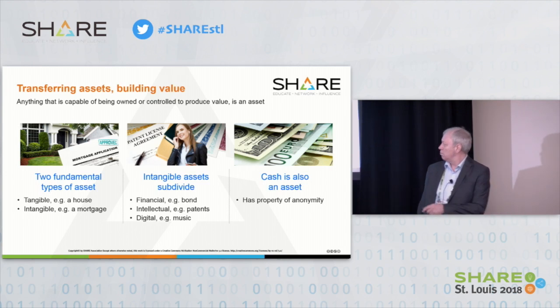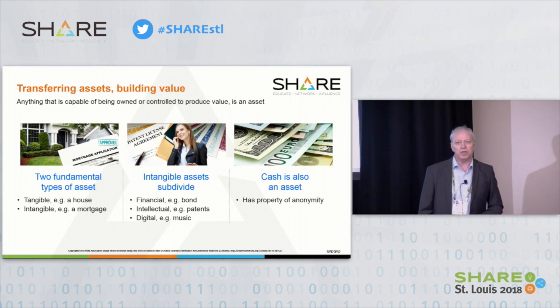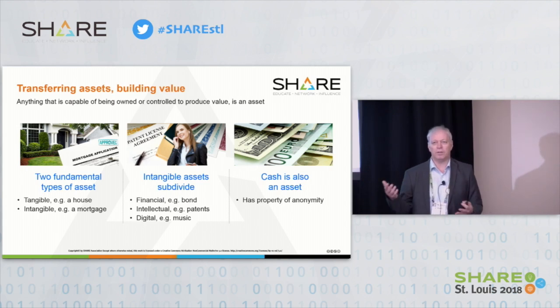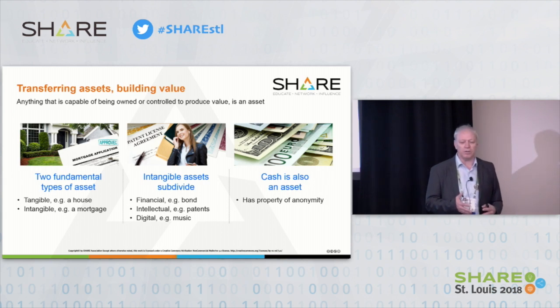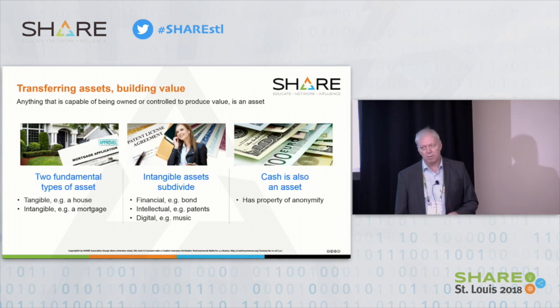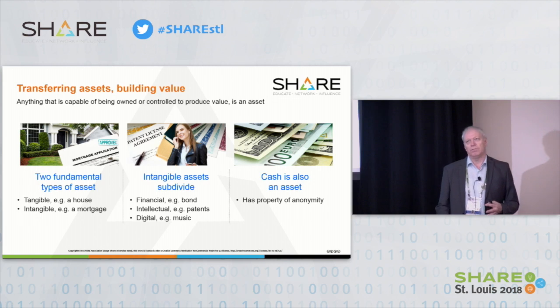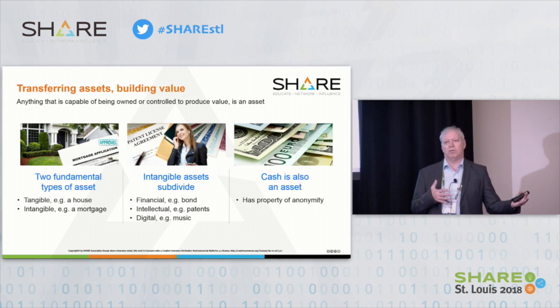And this asset comes in two fundamental types, tangible and intangible. Think of intangible assets like a bond from financial or patents, digital rights for music. It's a totally different approach than if I would have products to ship. Nevertheless, it is important to see how can we do this simpler, how can we accelerate and make it increase trust. So I think the majority of the trends to make businesses simpler is to increase the trust without